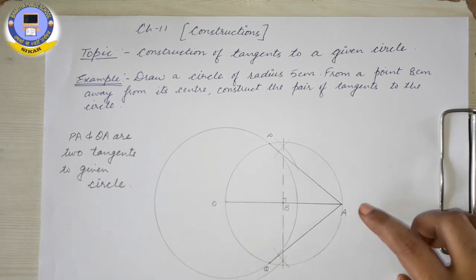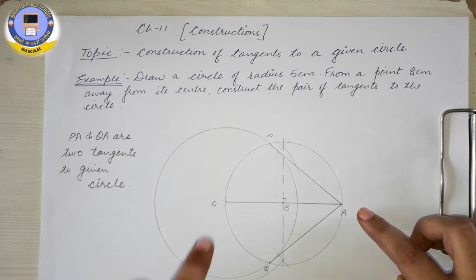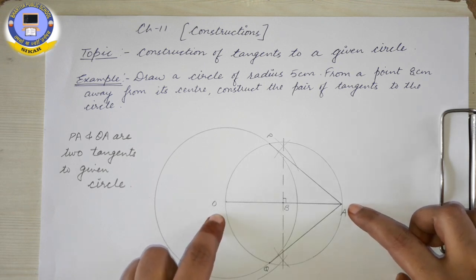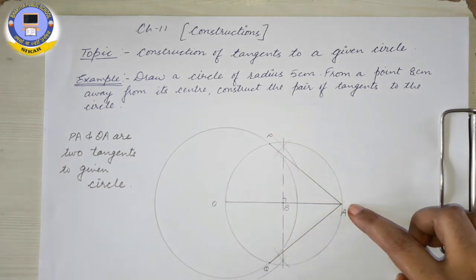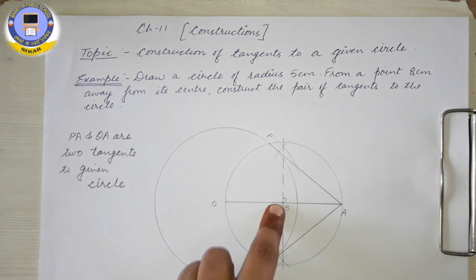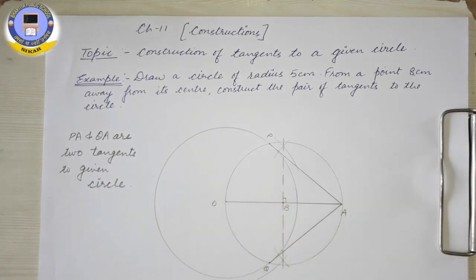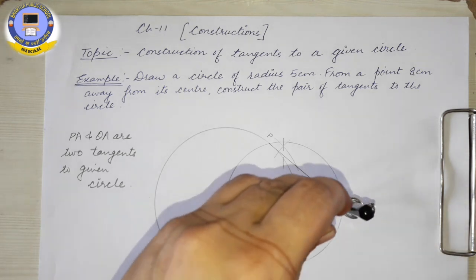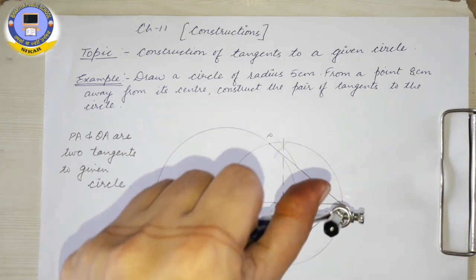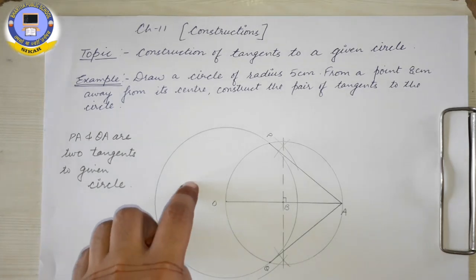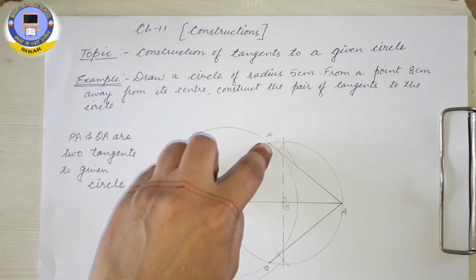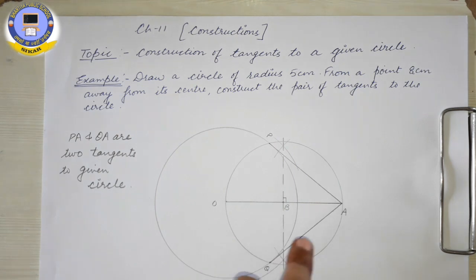So to draw the tangent, the procedure is we will draw the perpendicular bisector of OA. After drawing the perpendicular bisector we will get the midpoint B of OA, as well as here we are getting an angle of 90 degree. Okay, so taking B as center and BA as radius, draw a circle which will intersect our given circle at two distinct points. We have labeled them as P and Q. Now join PA and QA to get the required tangents. So PA and QA are the required tangents.